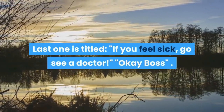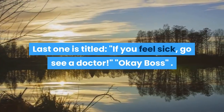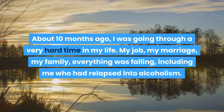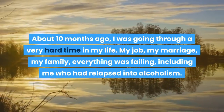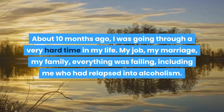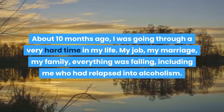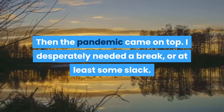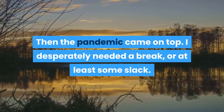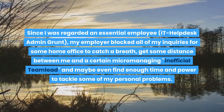Last one is titled, If You Feel Sick, Go See a Doctor. Okay boss. About 10 months ago, I was going through a very hard time in my life. My job, my marriage, my family, everything was failing, including me, who had relapsed into alcoholism. Then the pandemic came on top. I desperately needed a break, or at least some slack. Since I was regarded as an essential employee, a help desk admin grunt,